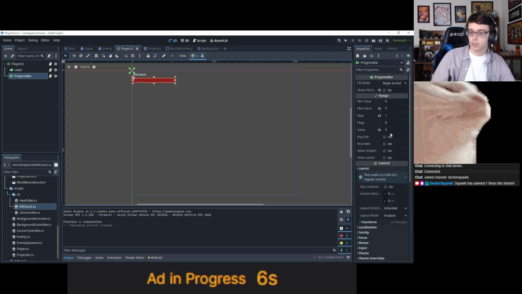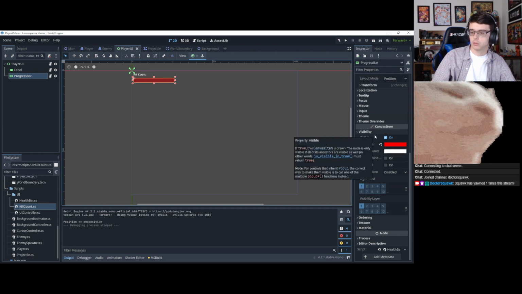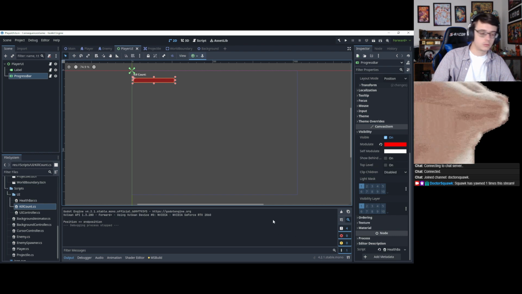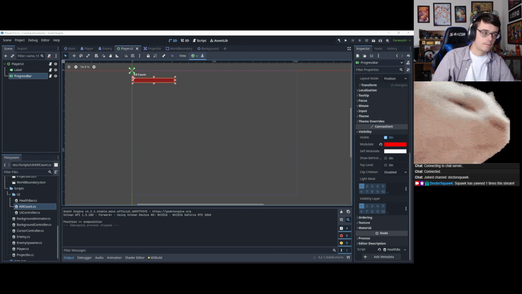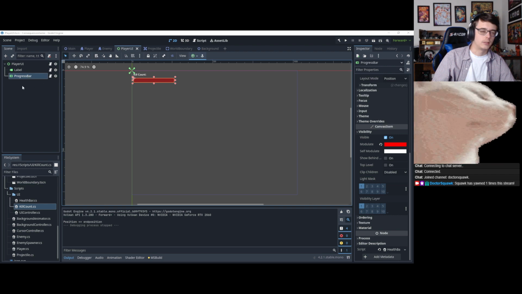Is it possible to add sprites to the progress bar? We wouldn't use sprites. What, like Sprite 2D, I'm saying the node?